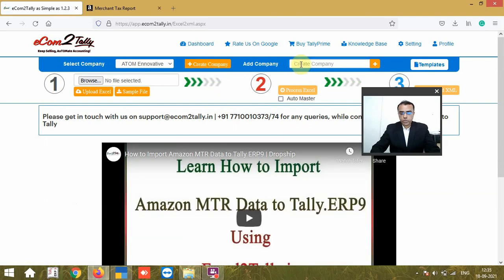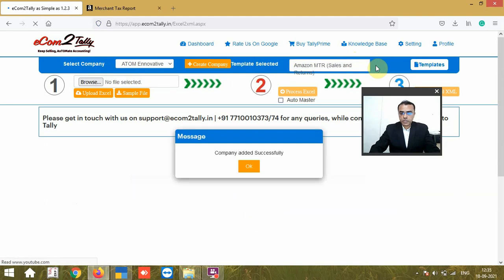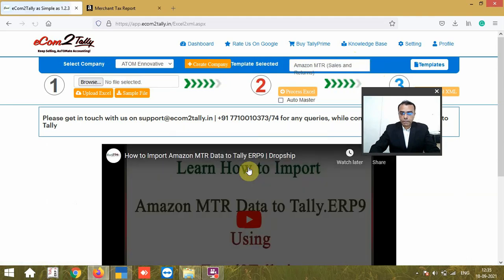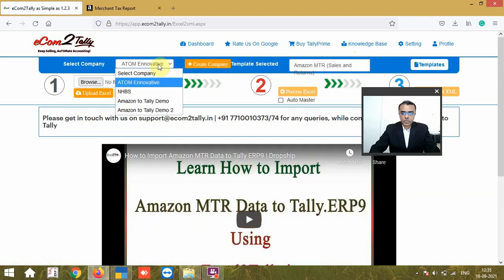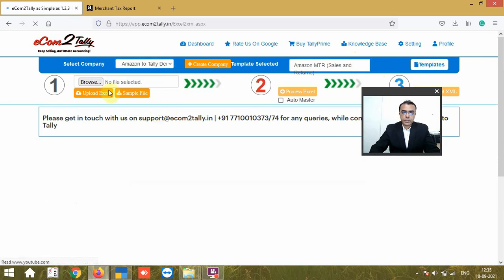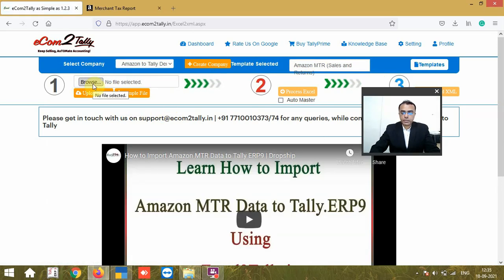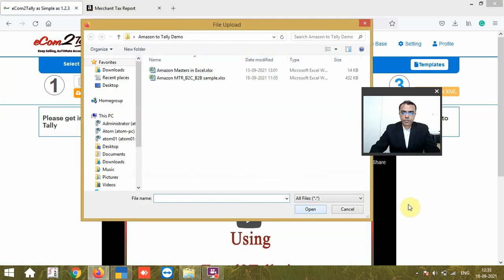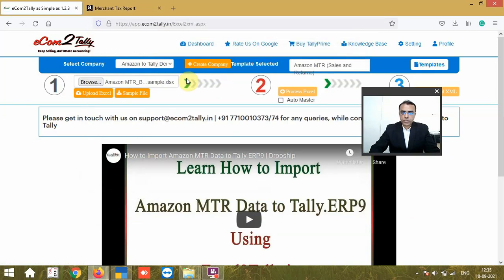Here you can type the name of the company as per Tally, Amazon to Tally demo 2, let's say, and click plus to add the company. That company will be visible in the drop down, right? So I'll go with this, then I'll click on browse. In browse, choose the file which you want to upload.